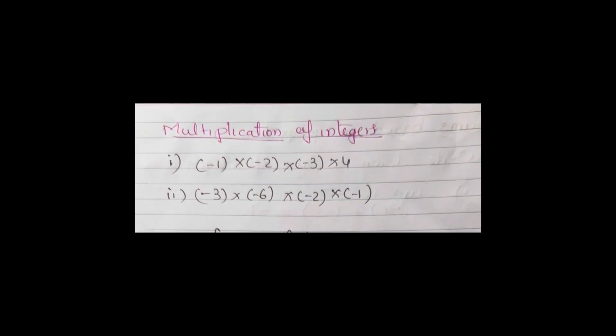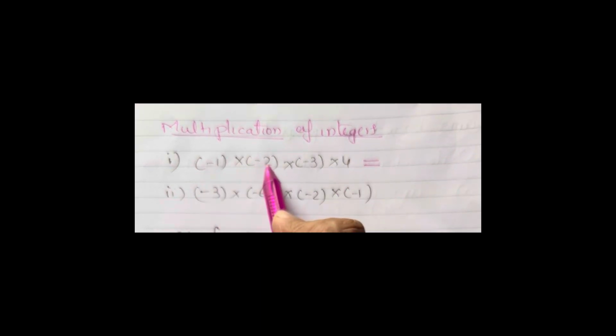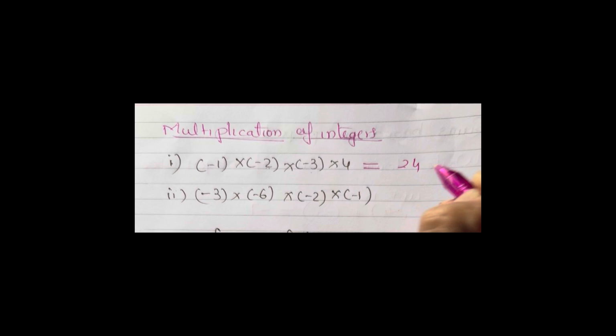Now we'll see some examples of multiplication of integers. Right? So just remember what I told you. Same sign means positive and different signs means negative. Now here there are same signs, but it is 3 times, right? First, what we will do, we will multiply these numbers. Then we'll look at the sign later on. So 2 3s are 6, 1 will remain as it is, 2 3s are 6, 6 4s are 24.